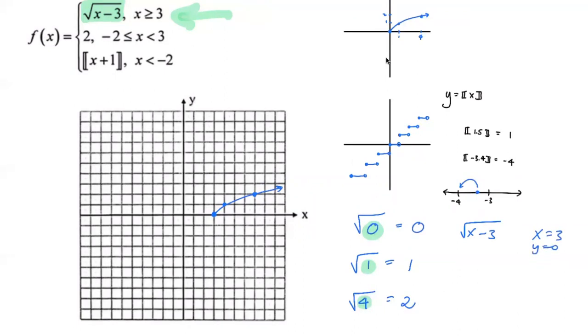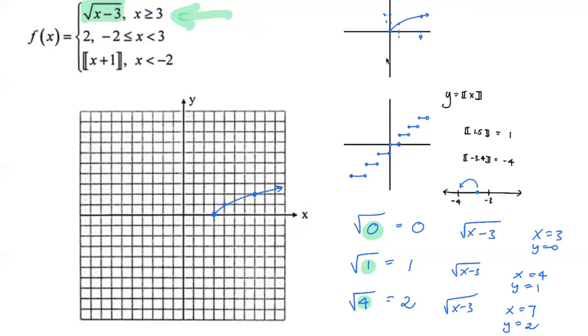Okay. To get 1, then x better be 4. Then y is equal to 1. To get a 4 underneath the square root, then the x better be 7. Then you have a y value of 2. So if you know what you'd like to see, then you can kind of reverse engineer the numbers. You can find out what x values would please you, would make your life easy, and then you're just going